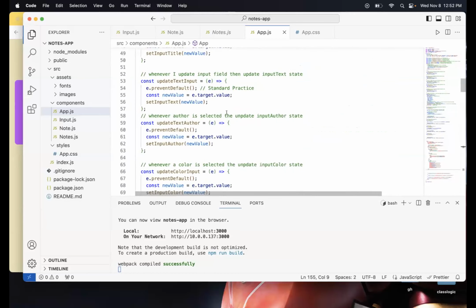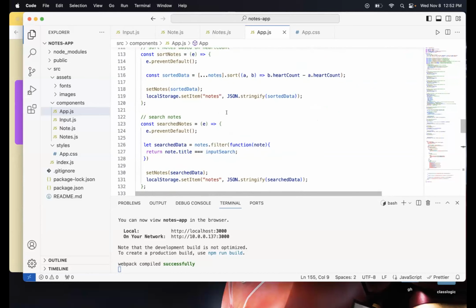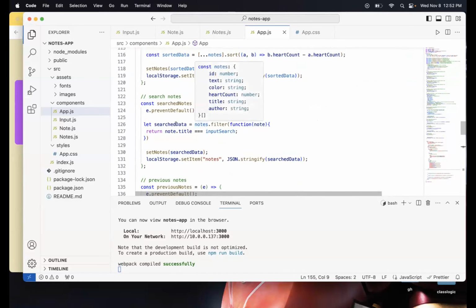For the search option, we have it over here, I believe. Yeah. So essentially, I'm using the filter option to create a function that checks if the note title is equal to the input of the user. And then I store it in this variable over here called search data and set notes to that. But that's for the search part.